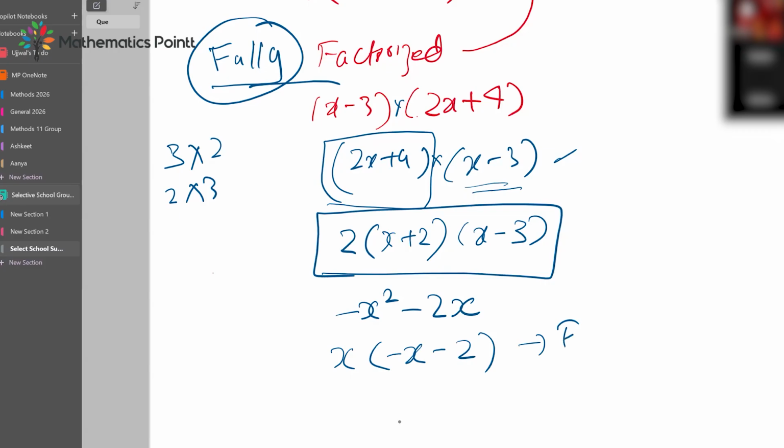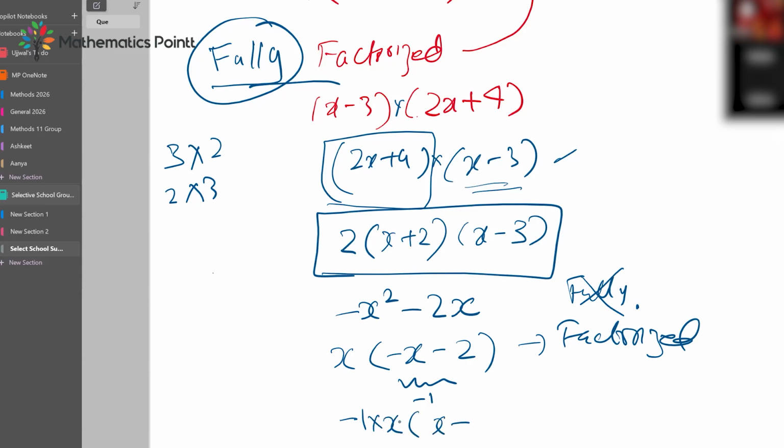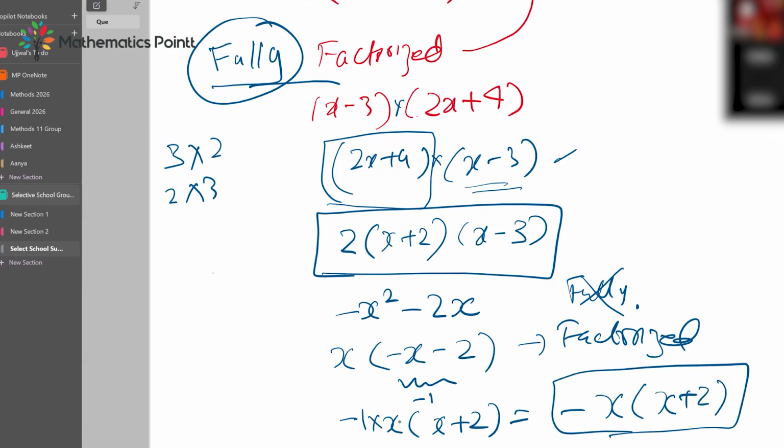This is factorized, but this is not fully factorized. Why? Because I can still take a negative 1 out of the 2. And the moment I take negative 1 out, it becomes negative x plus 2. Anyway, coming back,